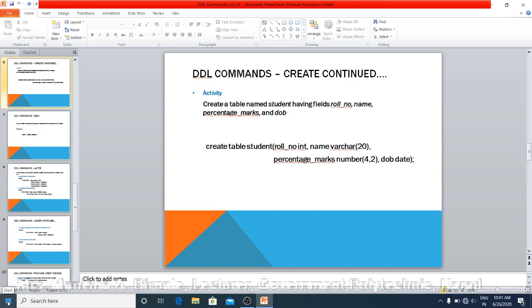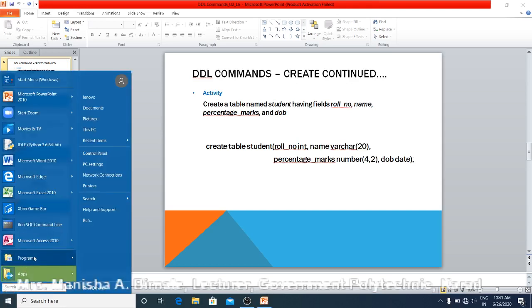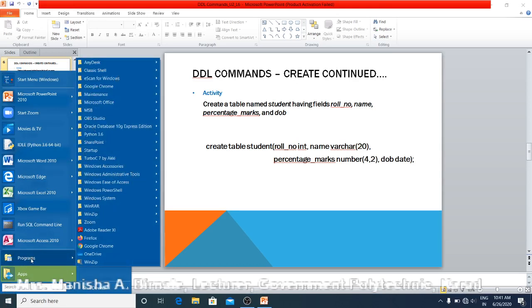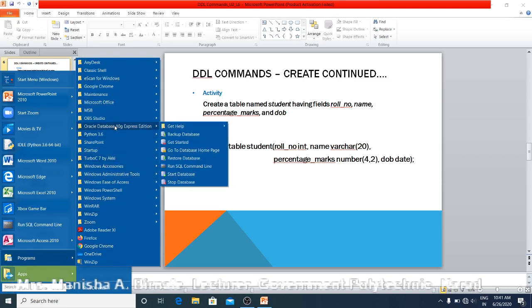For starting Oracle, Oracle is already installed on this system. So click on start, then programs, Oracle database, and here run SQL command line.